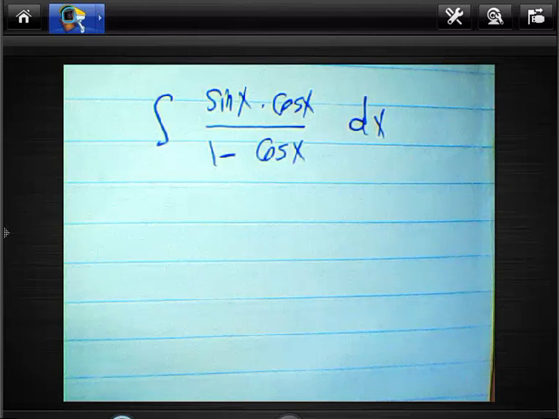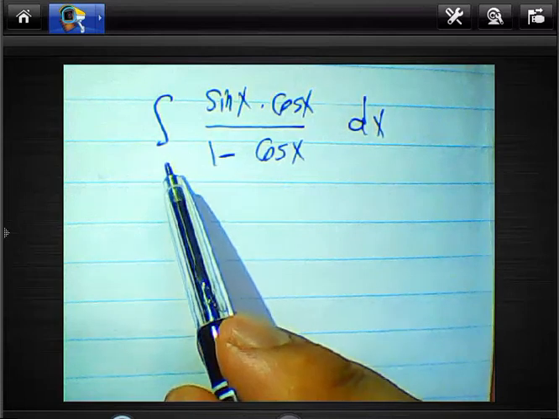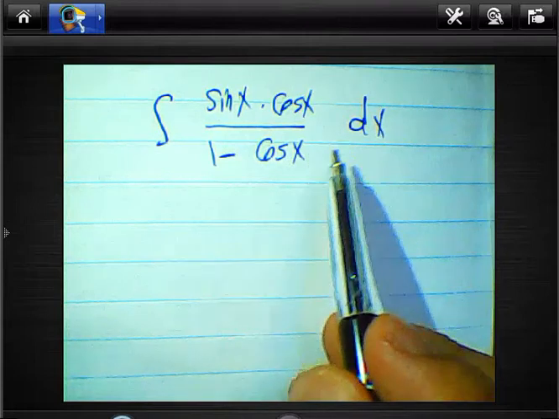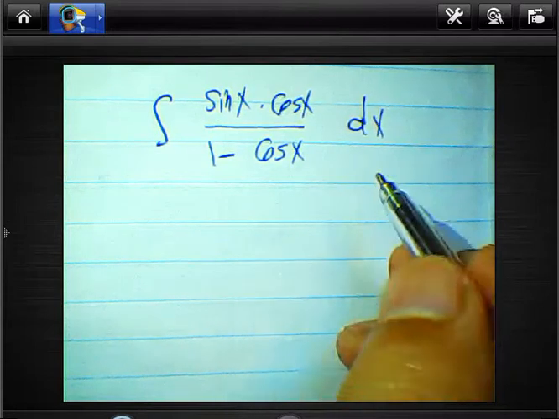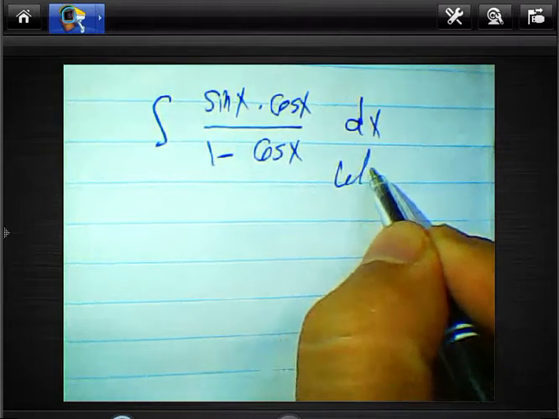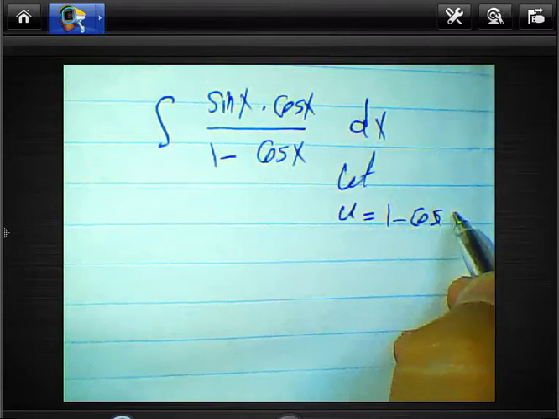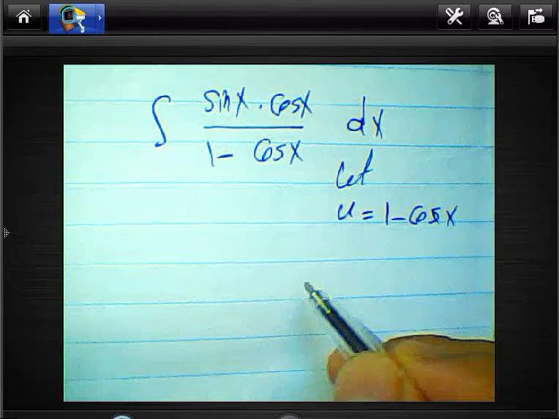Today we will solve a lot of questions about integration of trigonometric functions. Look at this example: the integral of sin x times cosine x over 1 subtract cosine x dx. First we must put u equal 1 subtract cosine x, and then we can find